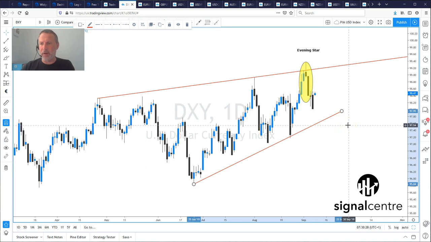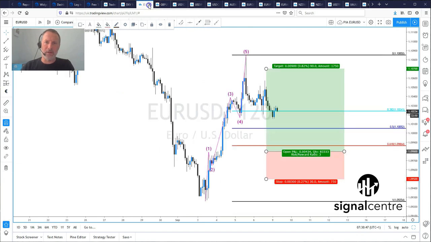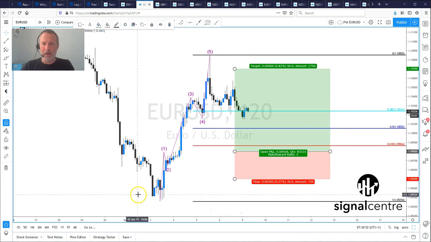Now, if we break this trend line support, which is around about 97.60, then the measured move target is down here, 95.84. So at the moment, we're looking at selling into dollar rallies and looking for that pretty aggressive breakout normally to the downside. So if we reflect that back onto the FX majors, euro dollar,